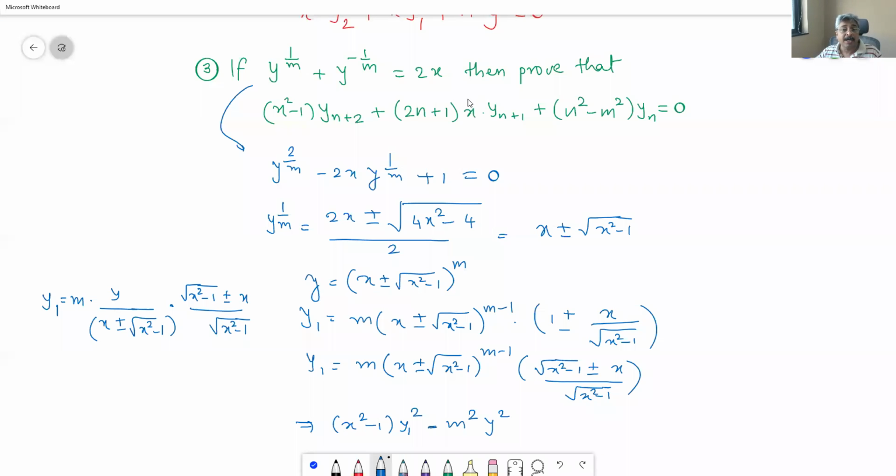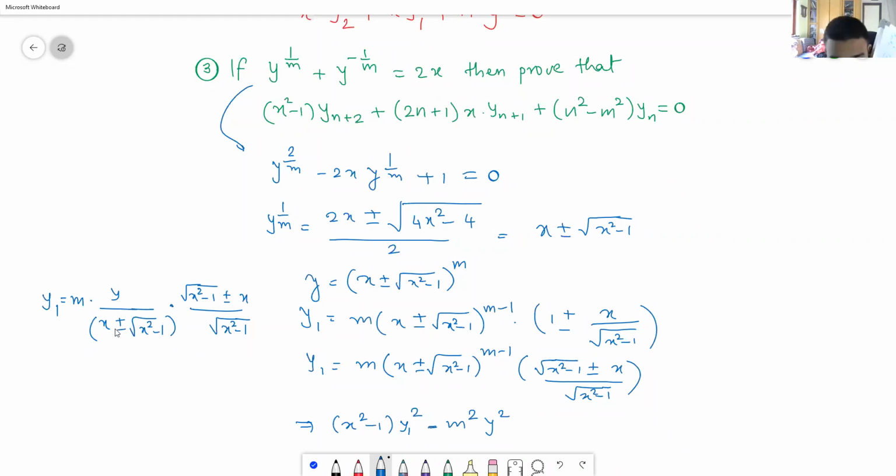Is it going right? Look, this is what it is. If I write y here, then I have x plus minus radical x square minus 1 raised to m, and then divided by, I have minus 1. So this goes in the denominator, and they cancel. So they are the same terms, right? You just put plus minus, if it is plus or minus,